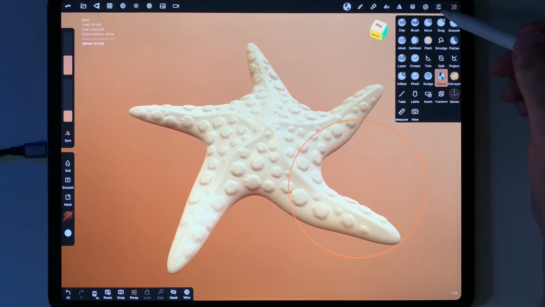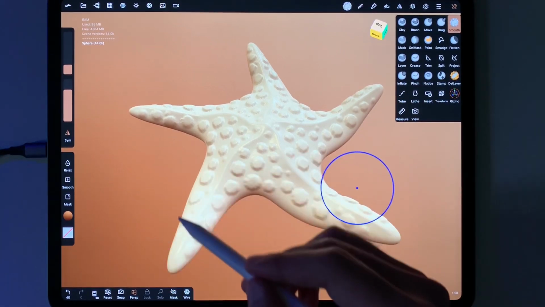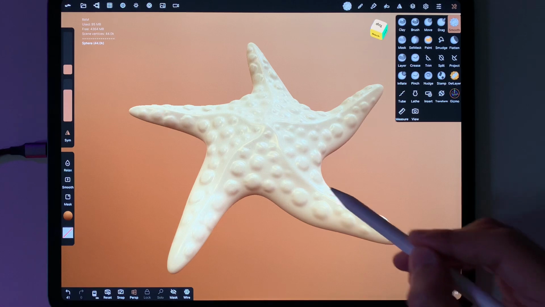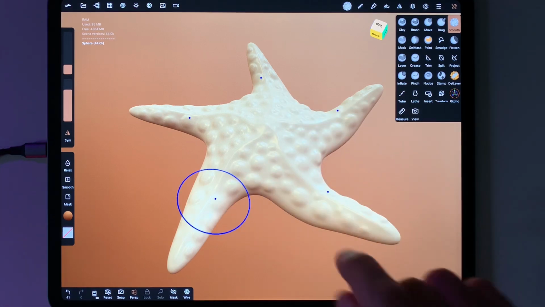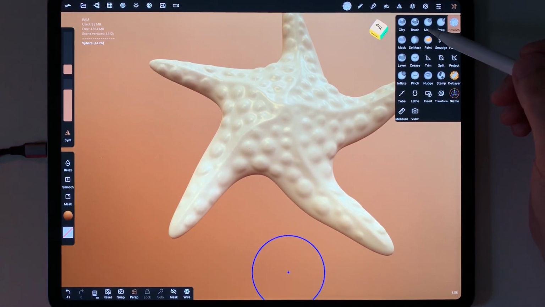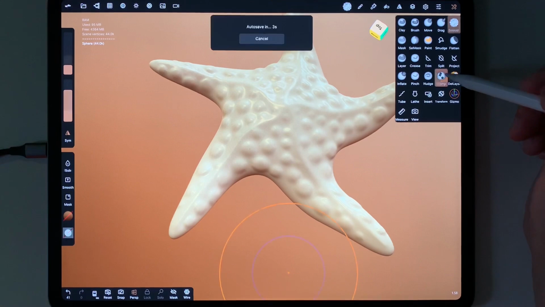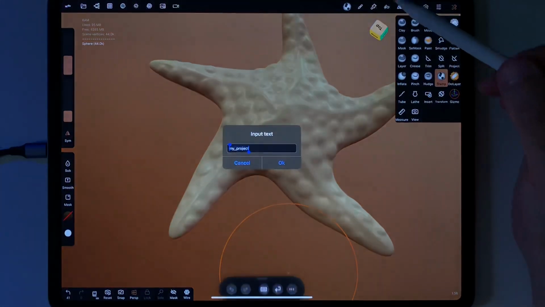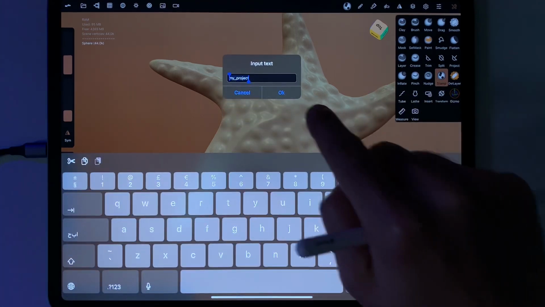To make it more clean, I'm just going a little bit with the smooth tool and take it somewhere in here. This looks okay, but I would like my starfish, especially from the top, to be a little bit noisier. So we can do this with the stamp tool. And in the stamp tool, what I need to do after saving, which is okay,